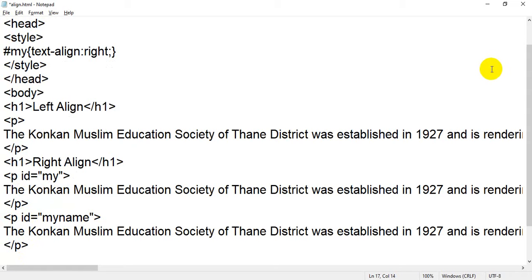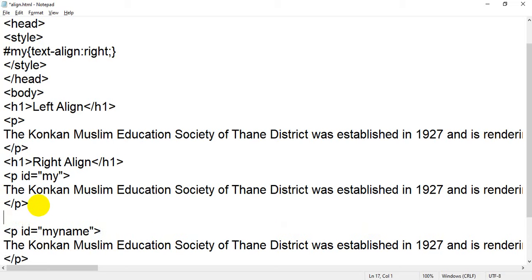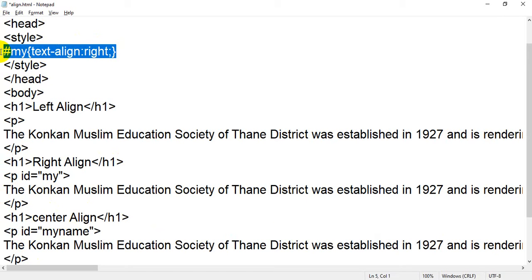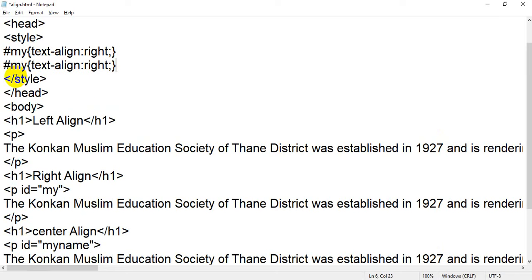I take the heading, Control C, and paste it over here. Instead of right I will say center. Inside the CSS I am going to add one more rule, Control C, then click and Control V. Now my ID is my name, so I will put my name.